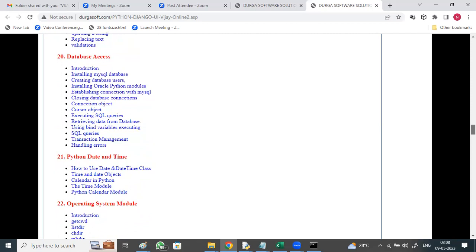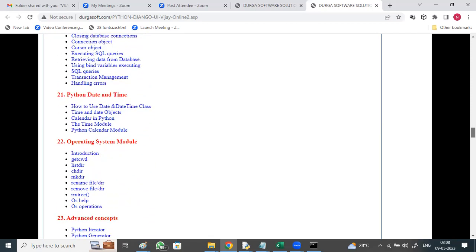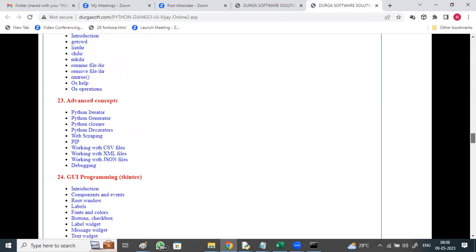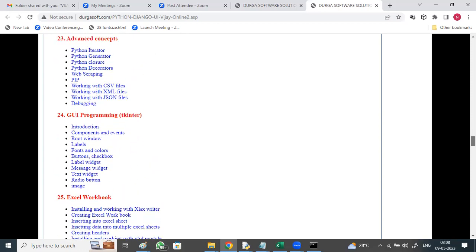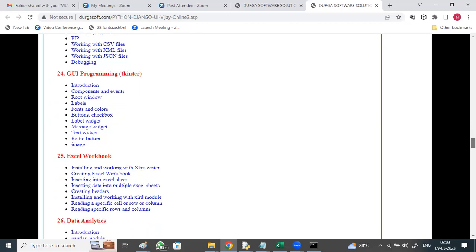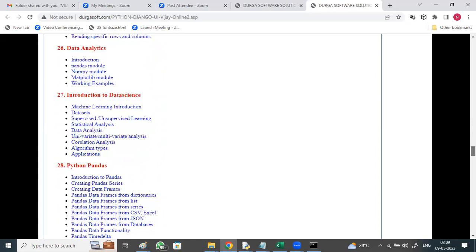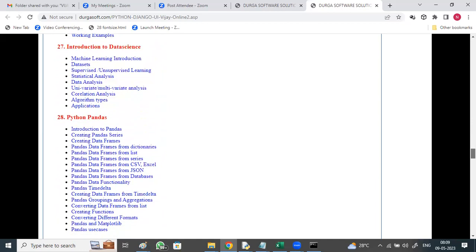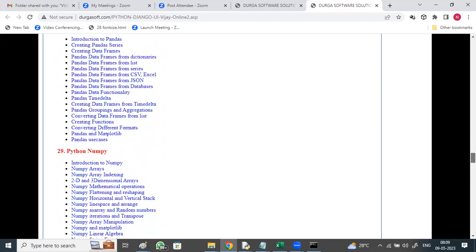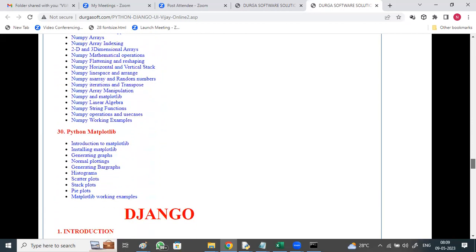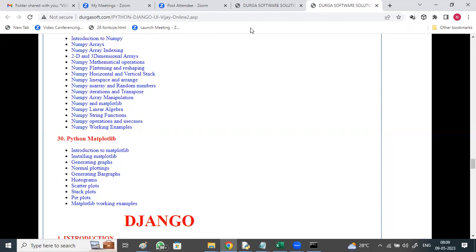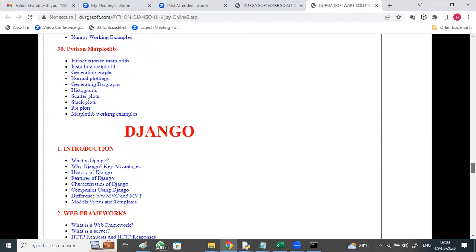I'll be showing you the installation of one database and Python connecting with the database, datetime module, OS module, advanced concepts: iterator, generator, closure, decorator, GUI programming, Excel workbook, data analytics, introduction to data science. Important modules like Pandas, NumPy, Matplotlib will be discussed in brief and in depth, right? And for people who want to go for Django, it's for full stack.